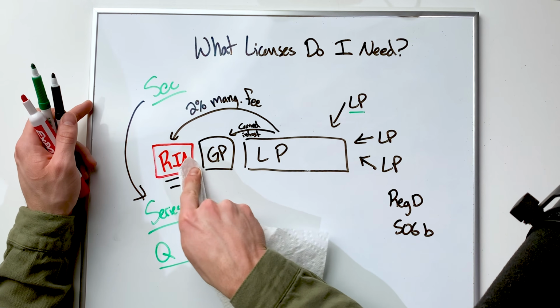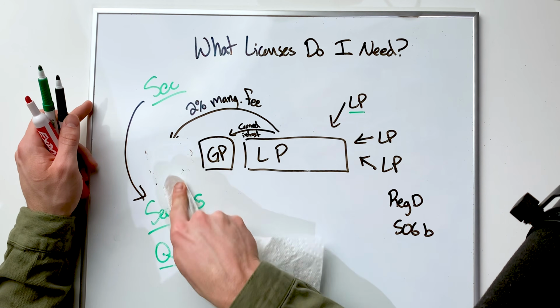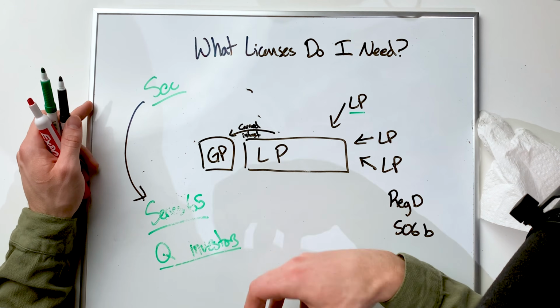So Bridger, how can I start a fund without all these licenses, a registered investment advisor, Series 65? Well, I'll tell you, this is how I set up and currently run my fund actually right now. I said, hey, I'm not going to have a registered investment advisor and I'm not going to charge a management fee. I'm only going to charge carried interest or a performance fee. What that means is when I pitch an investor, I say, I don't make any money unless you get at least an 8% return. And then I start making money only if I perform, if the fund does well. If the fund doesn't do well, I make $0 in the fund. If we make a 7% return this year, I make $0.